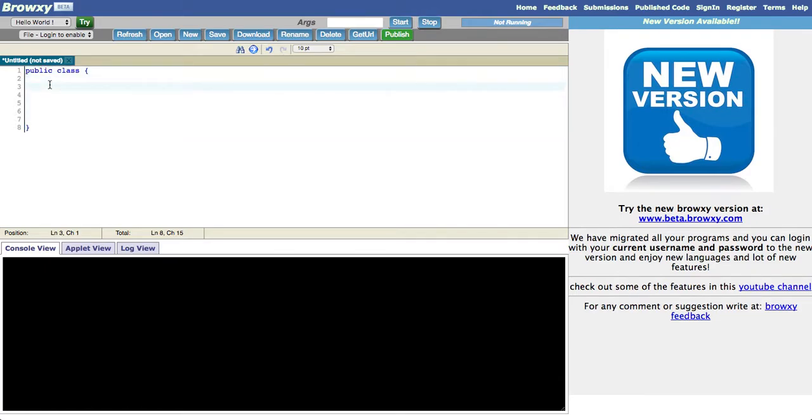Next, we need to have a main method. What happens is that the code inside the main method, whenever you start this program, the computer will look to run the code in the main method. And that's all it will do until it reaches the end of the main method, then it will stop the class. So to create the main method, all we have to type is public static void main, and then parentheses,